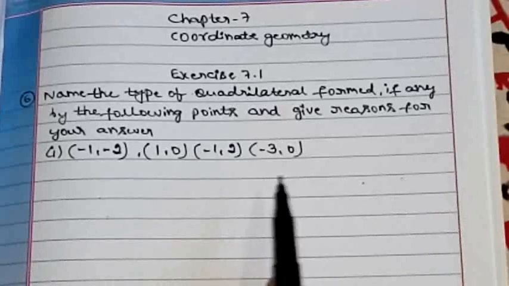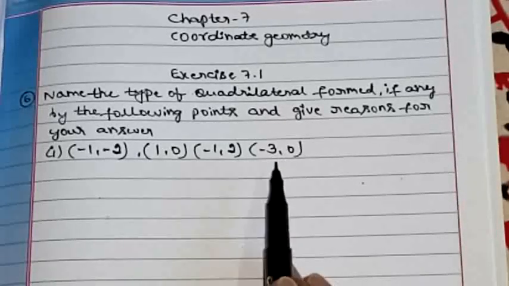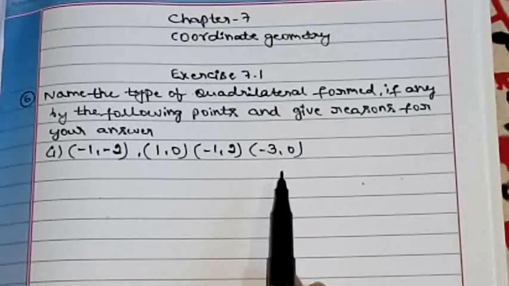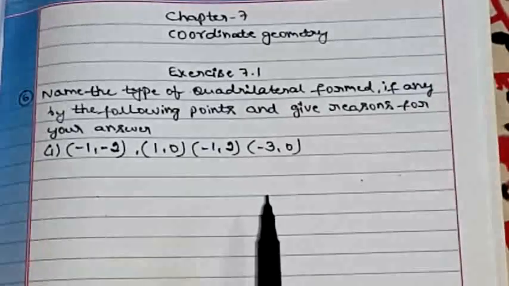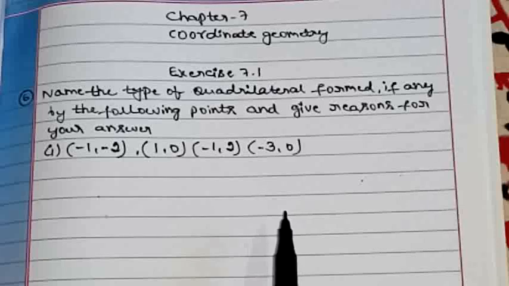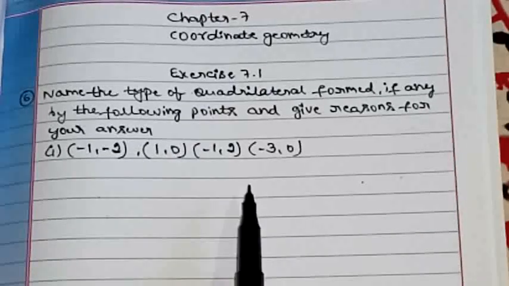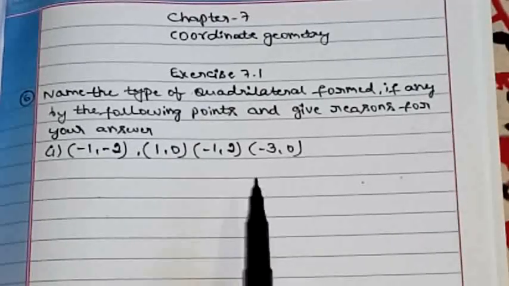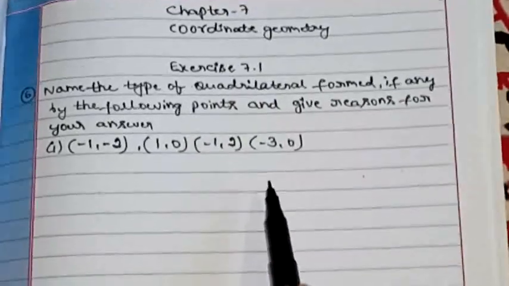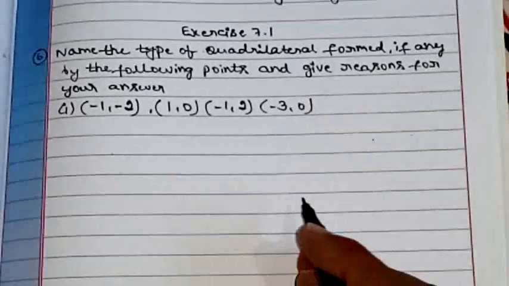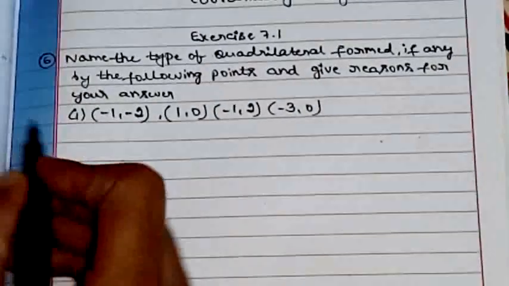So now how will you say which type of quadrilateral is formed? The same steps you have solved in the fifth problem, you need to apply here also, and you can check which type of quadrilateral that is. Now how will you solve? Let me write,